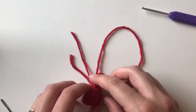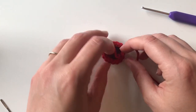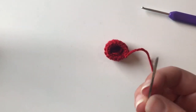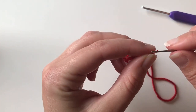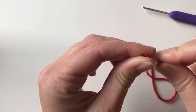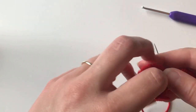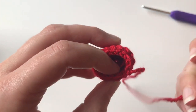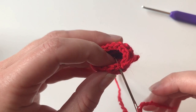So what I need now is, I'm just going to put that tail end in the middle because that won't show at the end. So what you need now is your yarn needle, and you're going to thread the end there onto your yarn needle. And simply what you're going to do now is something called the drawstring method, which is used a lot for closing up amigurumi projects. I use it quite a lot in my other tutorials. So what you're going to do is go into the stitches under like that,